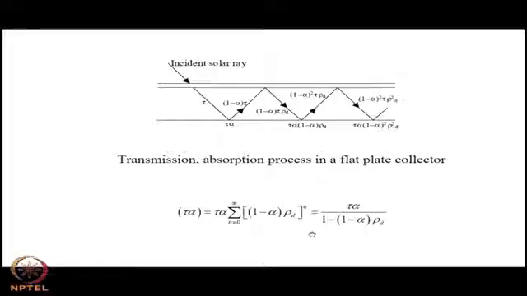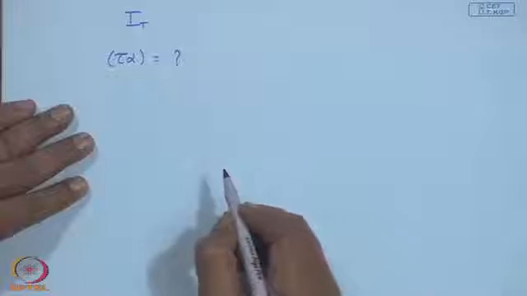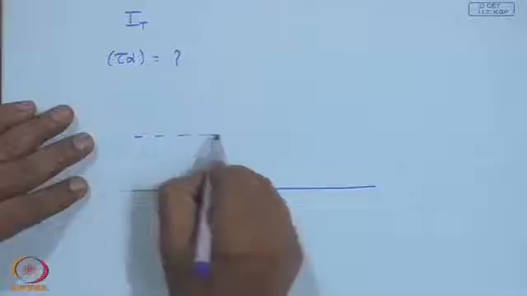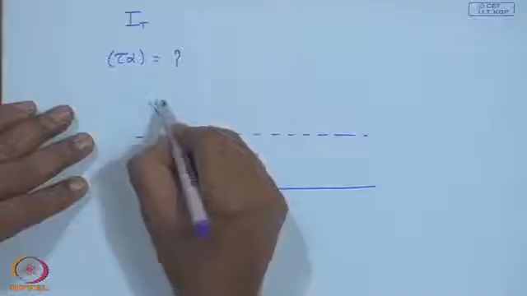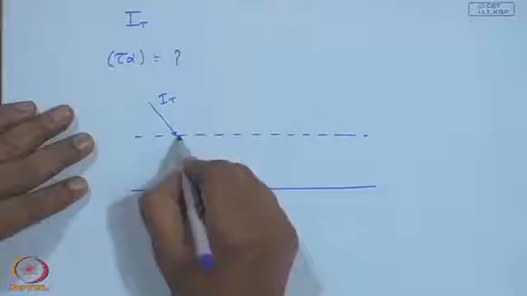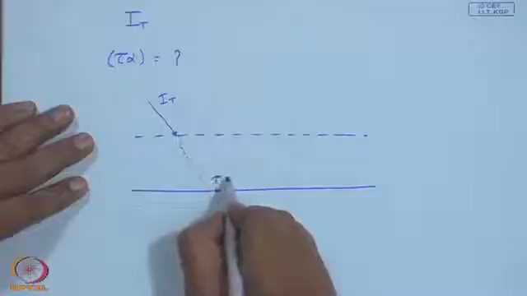Now, let us examine what is happening to the incoming ray. We know how to calculate I_T. Now, we set about to calculate tau alpha, that is the effective transmittance absorptance product. If this is your absorber and this is the glass plate, my incident solar ray of I_T will be penetrating, and if that is unity, this will be tau alpha